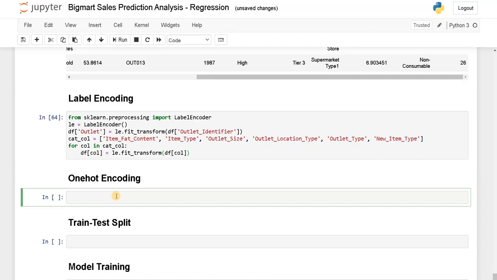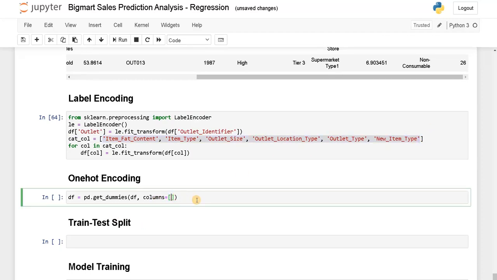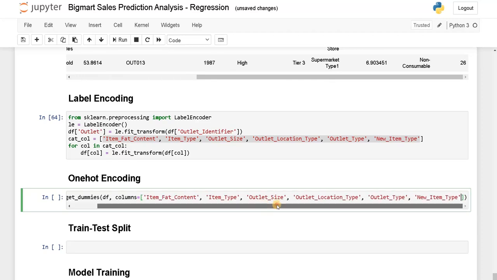Let's do the one-hot encoding now. df equals pd dot get dummies. Dummies means it will represent one-hot encoding. The dataset is df. What are the columns we need to create one-hot encoding for? The columns will include all the variables except item type, because item type has so many values, and if we have so many values we will have a large number of features.